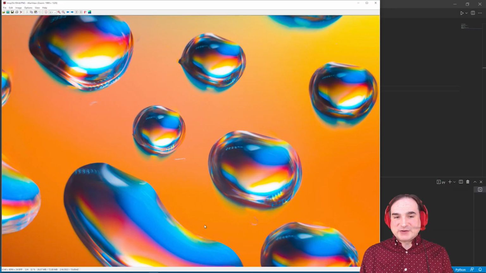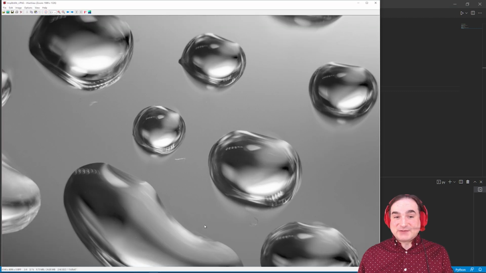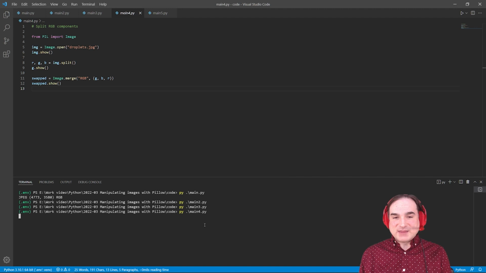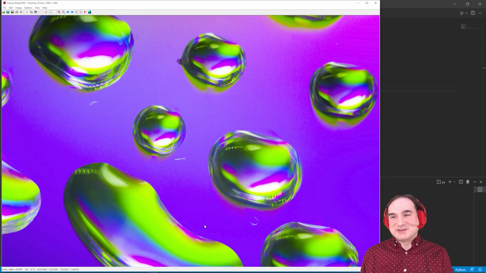Then we're going to see the green color channel, which is black and white, because the color channel itself has no color information. It's just all the data that goes into the green channel of the image. So there's no way to present it except as a black and white image. And then finally we have the merged result, which looks a little like we've been messing with the color controls on our TV.